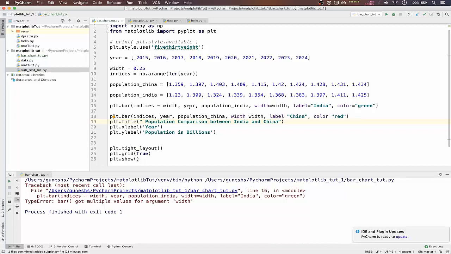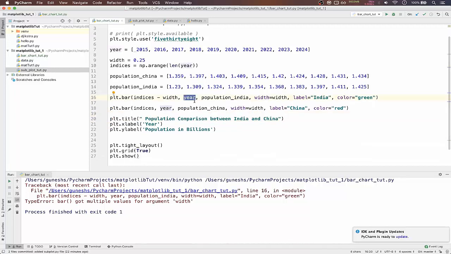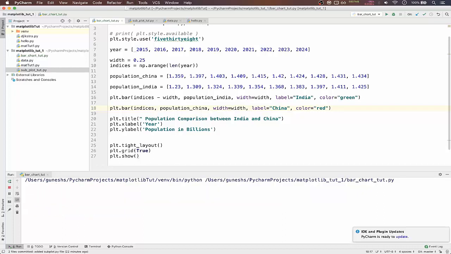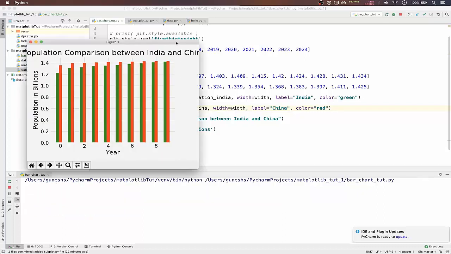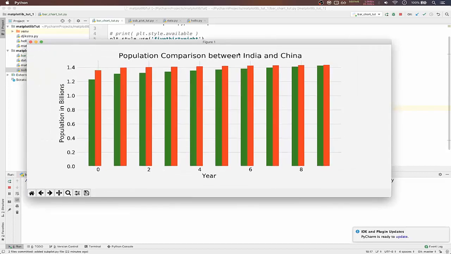It is saying we got multiple values. We forgot to remove the year because we are already passing it through the indices. So we'll remove it here, and also remove it from here. And if we save and run, we can see